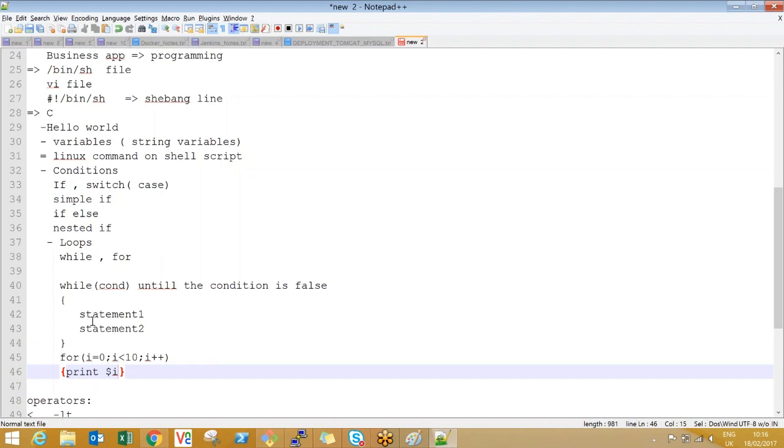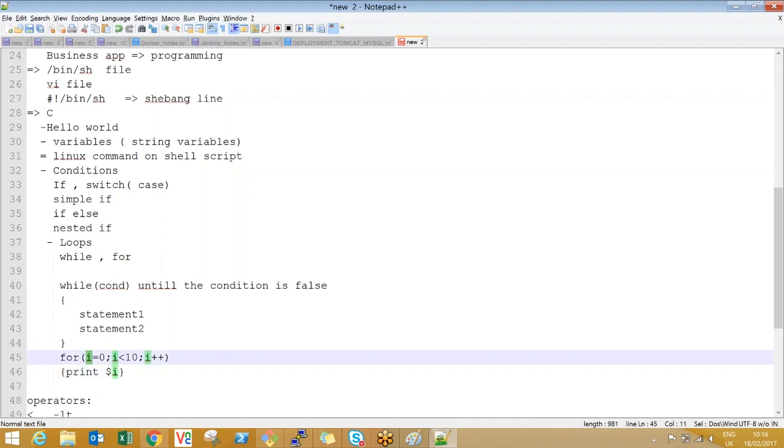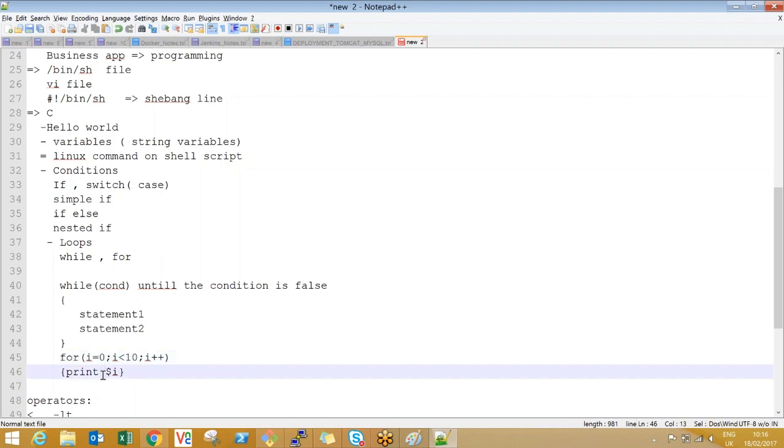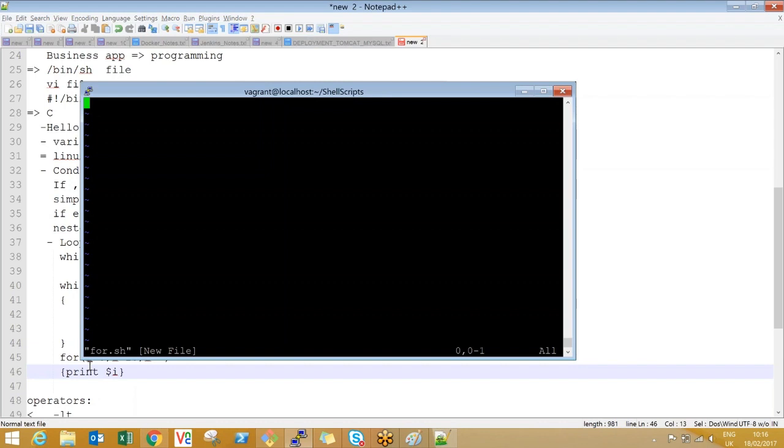In this loop, what is the difference between this and the while? You're declaring this in while, right? Just try to compare. This you kept outside, this condition is there in the loop condition, and this incrementation operator is in the statement. But when it comes to the for loop, it's all in a single line. So this is your programming language syntax. But when it comes to shell scripting, right?